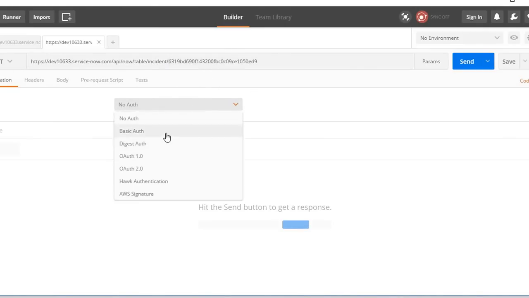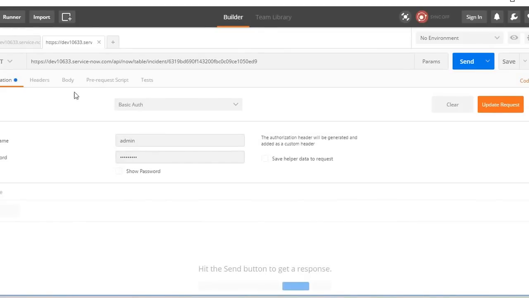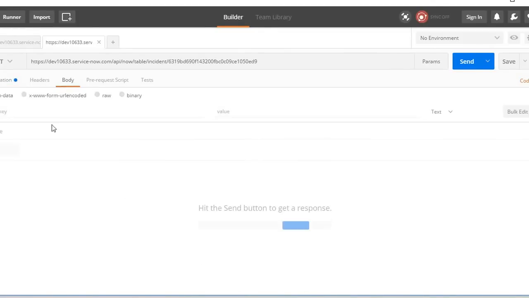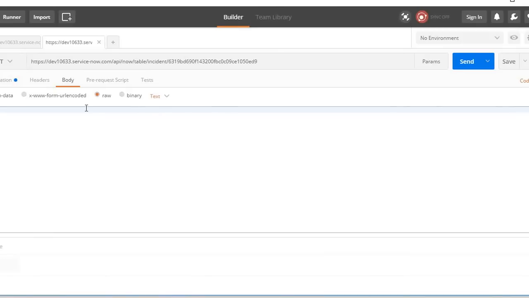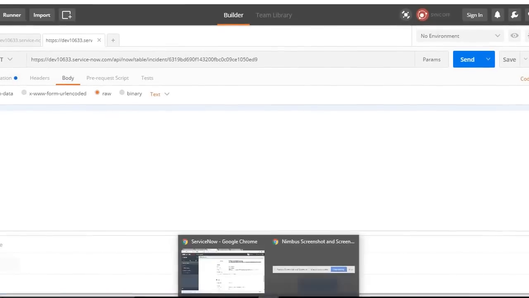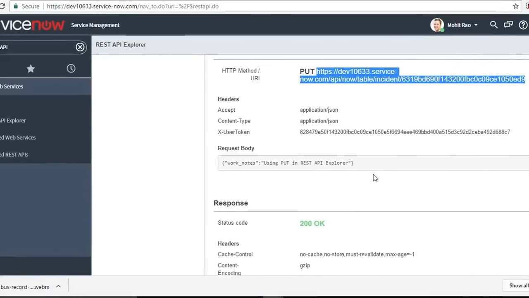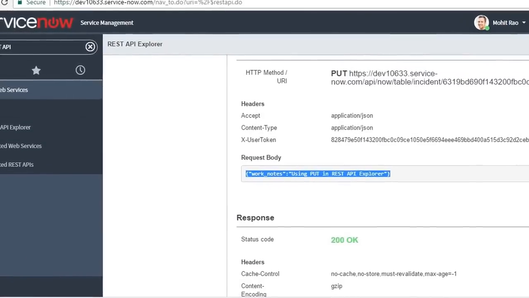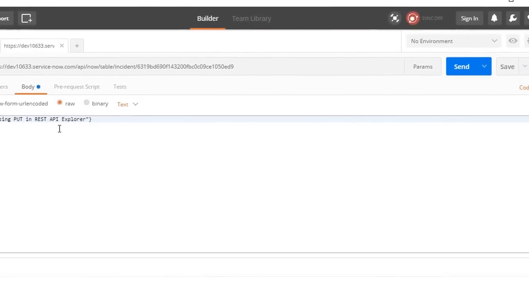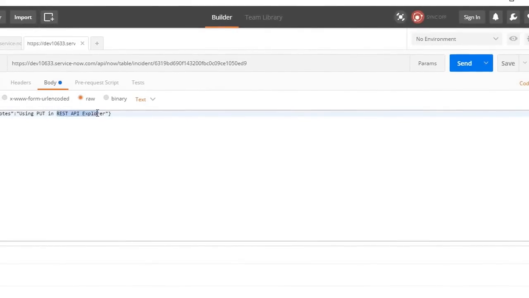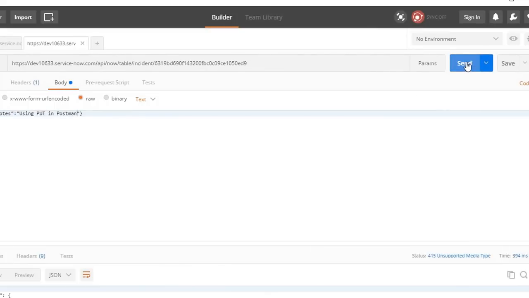I'll switch on to the basic authentication which we have provided just now. I'll go to body and create a request body. This time we'll update a work note stating PUT using Postman. So this should ideally update the work notes of that particular incident. Let's see.